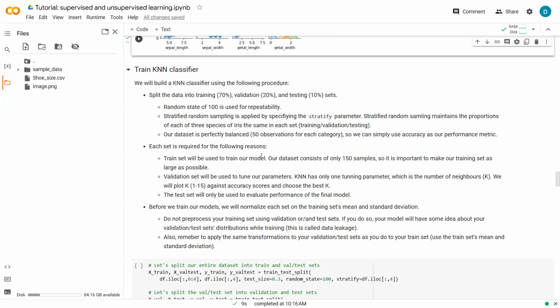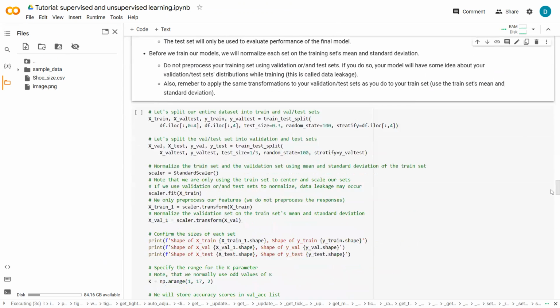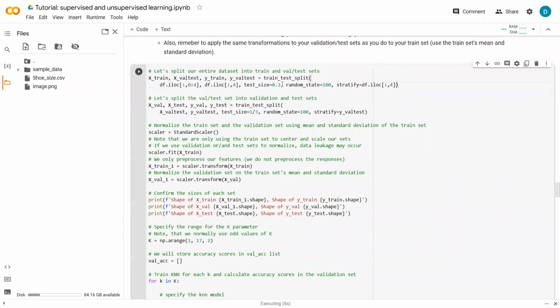Yes, so now let's do this. First of all, we can again split it into train and validation tests. We can again split it, but then we have to do it in two steps, because we have three sets this time, right? So now we can split it into train and then validation test set. I mean, we could split it into train, validation, and then test set. It doesn't matter which way you go, as long as you end up with 3 different sets, you are good. So as a next step, we will split it into validation test,